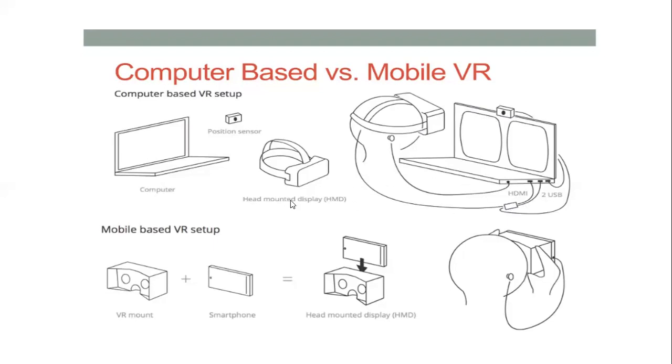And the second thing, for a mobile-based VR setup, first you require a VR mount, meaning virtual reality. If you're not sure, I'll help you in the upcoming things. And as usual, you require a smartphone. Here you require an HMD the same way, but how are you going to check it out? You are not going to wear it in this way. If you observe it clearly, the wearing capacities differ between the computer and the mobile phone.